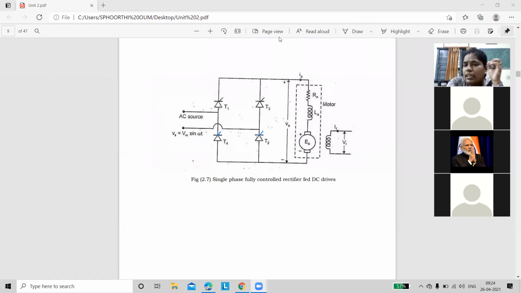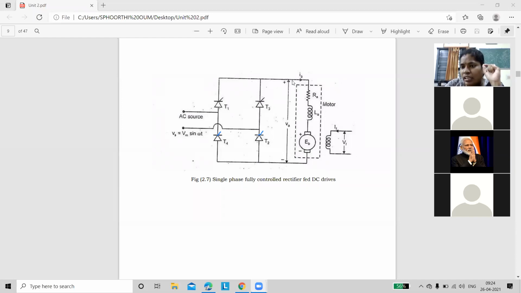Just recollect the simple things which are discussed in our power electronics. If we are discussing the full wave rectifier, is there only continuous mode, or is discontinuous mode also going to exist? Discontinuous mode only, madam. Exactly. In a full wave rectifier, you have to explain two modes. One is continuous mode and the second one is discontinuous mode. If we connect a freewheeling diode across the load, there is no possibility of explaining discontinuous mode. Is it right? Yes, ma'am. Because of this purpose only, the freewheeling diode is not connected here.